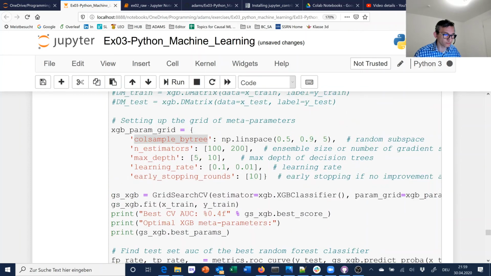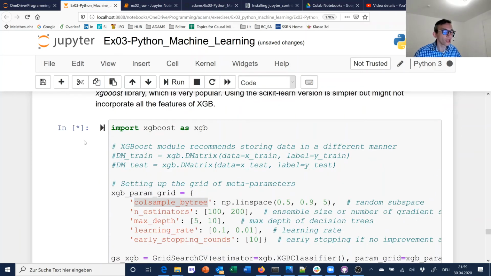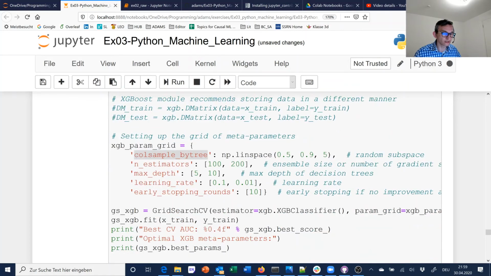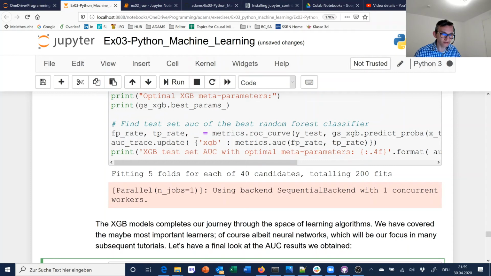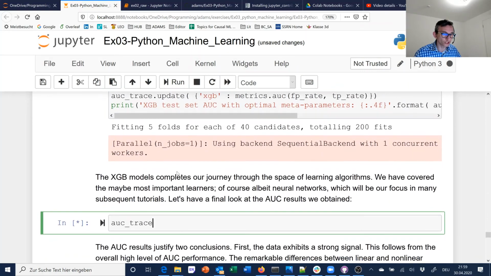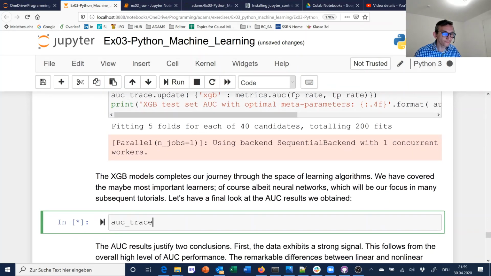I think my XGB is still running. Yeah, my XGB is still running. We definitely want to have a look at the final prediction results, but that will take a little longer. Okay, so we just be patient. Meanwhile,